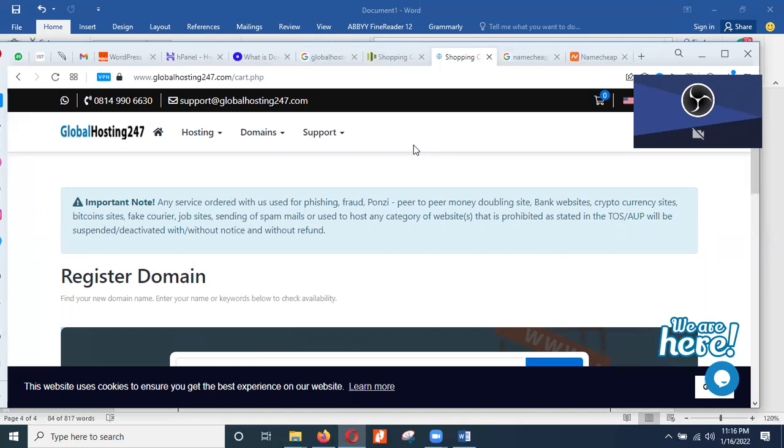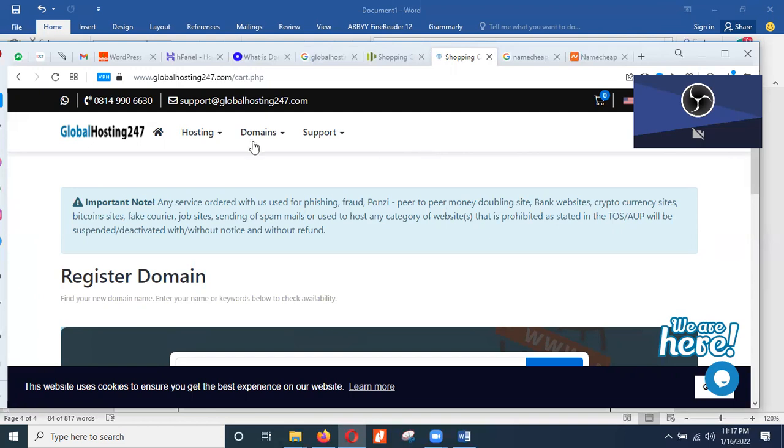It's like you want to do a business. You want a shop or an office where you sell your materials. If you want a shop, you have to pay for shop rent. Am I right? When you pay for shop rent, you set up the shop and put the items that you are selling there. So that shop is like a hosting, while the address or the name of your shop is like a domain name.